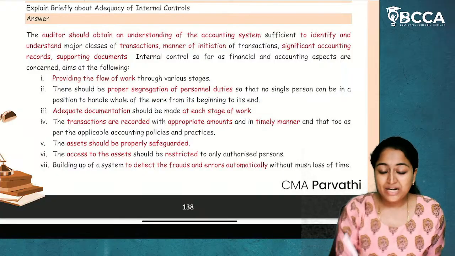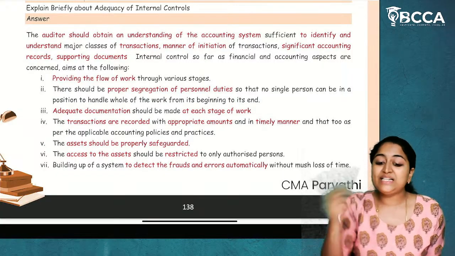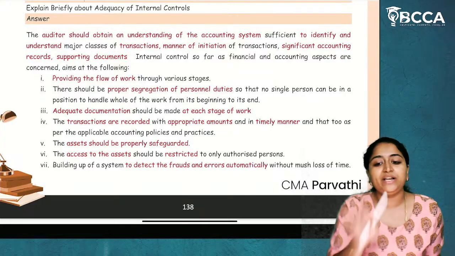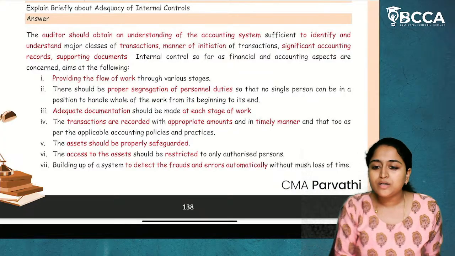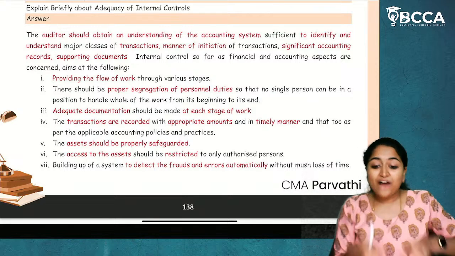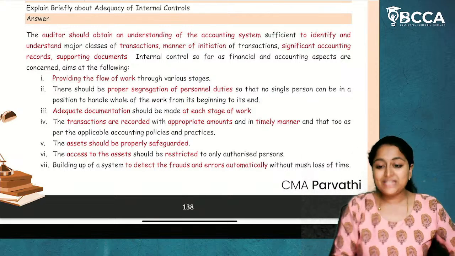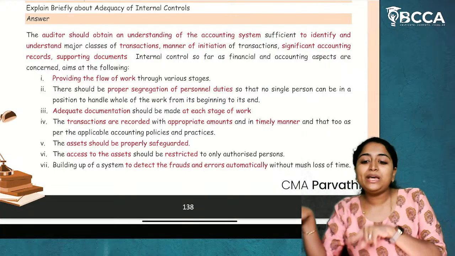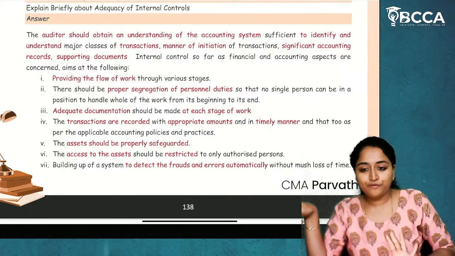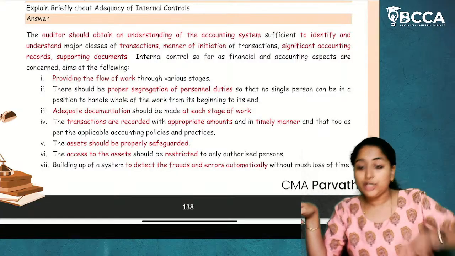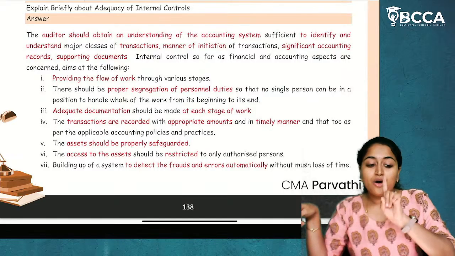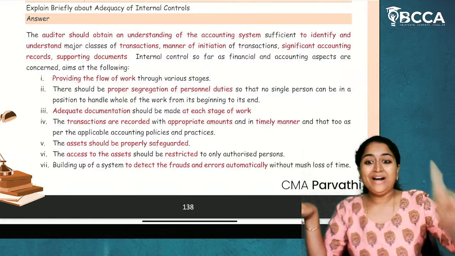Now, even in the middle, if he has committed any error, intentionally or unintentionally, willfully or unwillfully, we will not know about it. Then how will we know about it? After completion of the entire process, we have to go for a process audit. Then only we will be able to understand whether there is an error or not. So internal control is telling us you will not assign the work to one person.